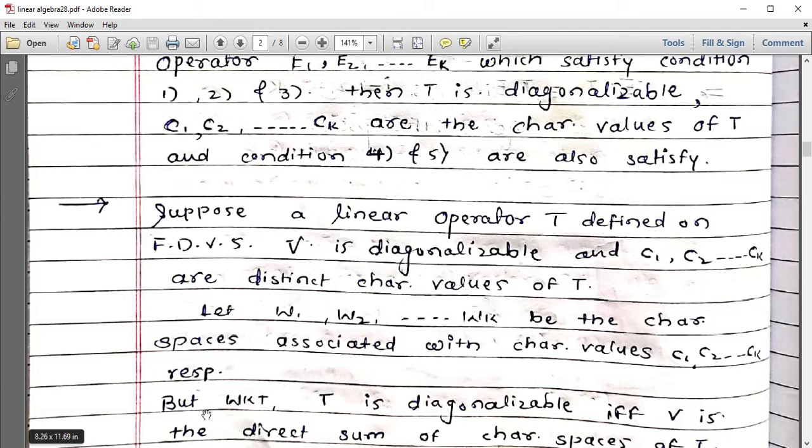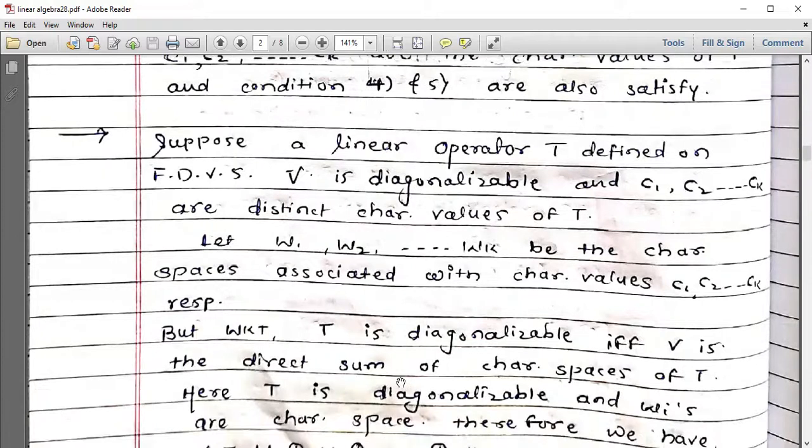But we know that T is diagonalizable if and only if V is the direct sum of